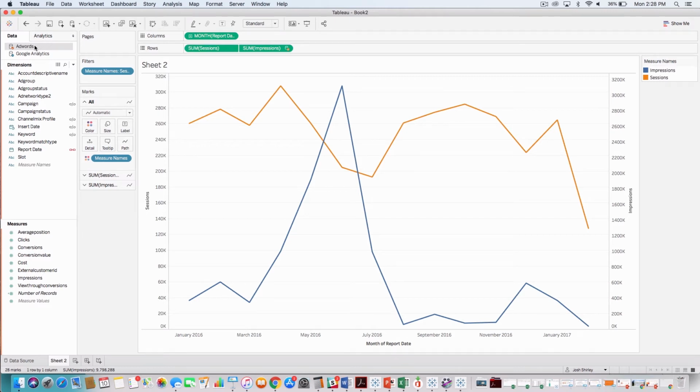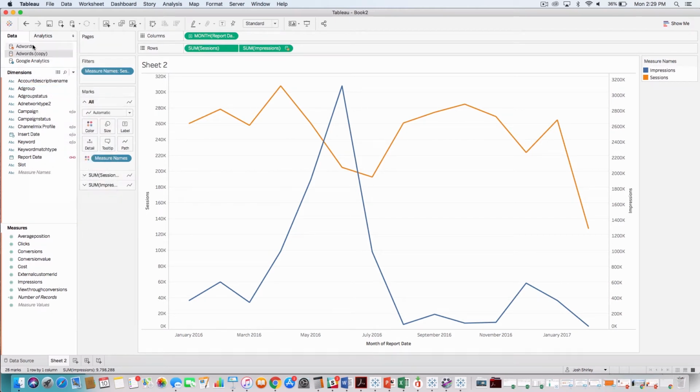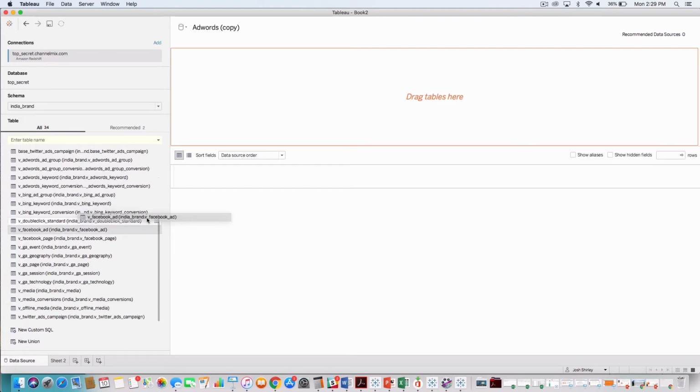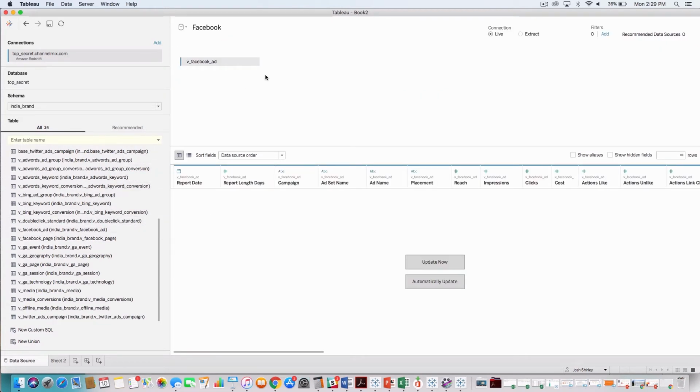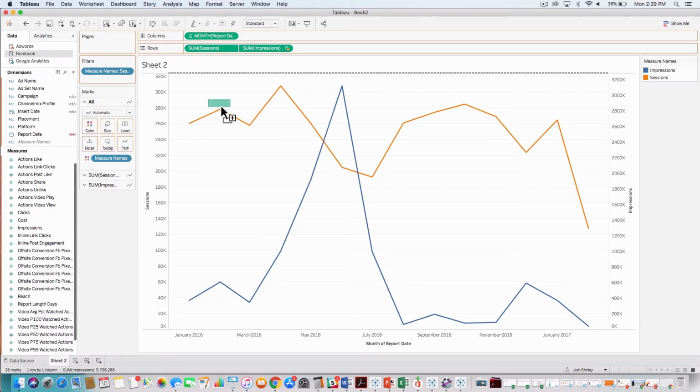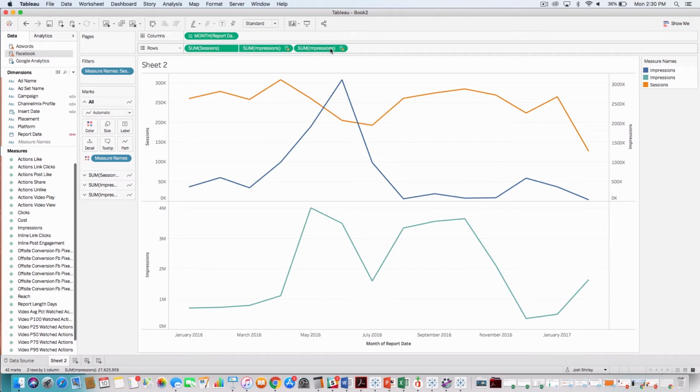So for example, if it gets more complex and I want to understand how Facebook may have also been involved in this, I can actually go and swap out my data source after duplicating it with some Facebook ads, if Facebook ads was a part of my campaign. So meanwhile, in Sheet 2, I can go back and see that Facebook is a part of my campaign as well. And likewise, I can bring Facebook over quickly to see how all of these different source systems work together to influence what's happening on my website. What we're seeing in this example is how source systems, when I have quick access to them, can easily be blended together inside ChannelMix.